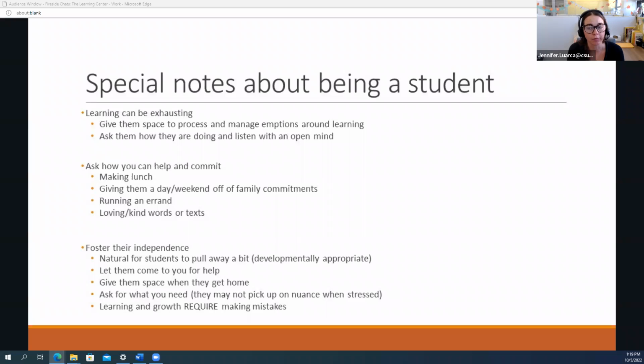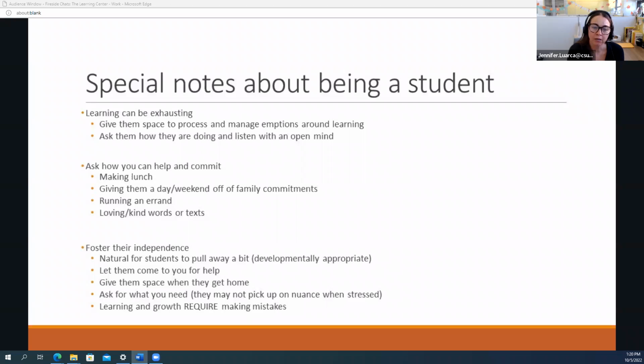Talk to them ahead of time about family commitments, especially in fall semester when we have so many holidays: what can you be at, what can't you be at, and be flexible in planning around family time. And then just thoughtful, kind words. They're maturing, growing into adults, and any adult likes a nice little message every once in a while, right?